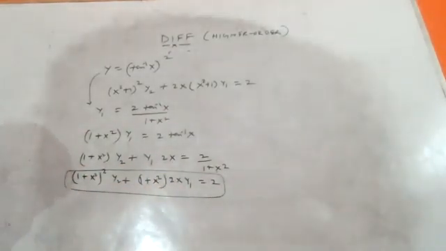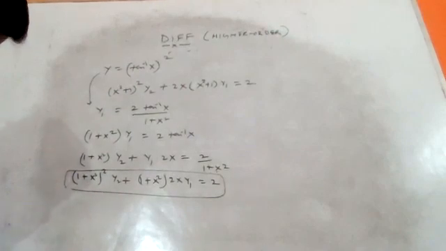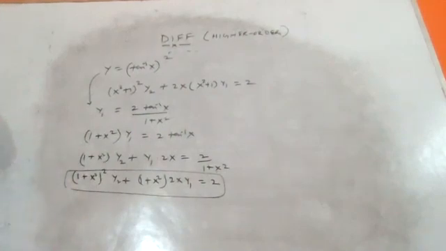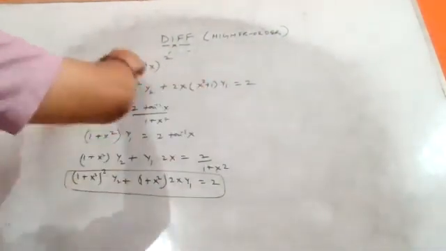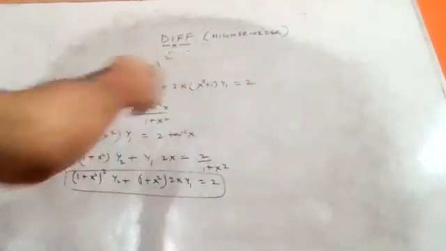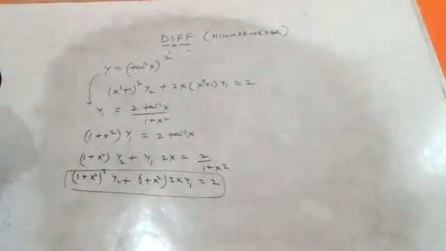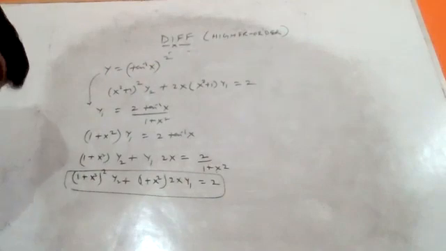In this manner, you can differentiate the function with respect to x on both sides, right? So in this way you can do such questions in the board exam, no issue. Sometimes some questions are such that first you calculate y1, second you calculate y2, and put the values of y1, y2 and also y in the expression, and then LHS equals RHS. Some questions are also like that, but these are rare cases. This was the standard method to solve the 5 marker or 3 marker question.